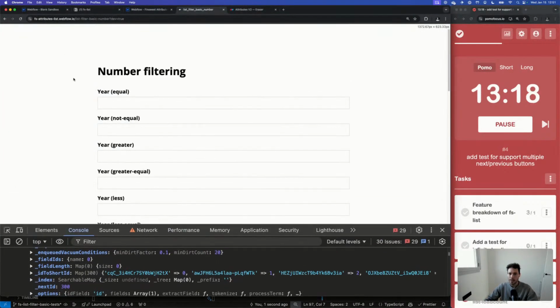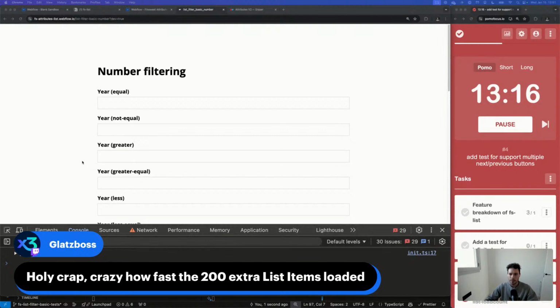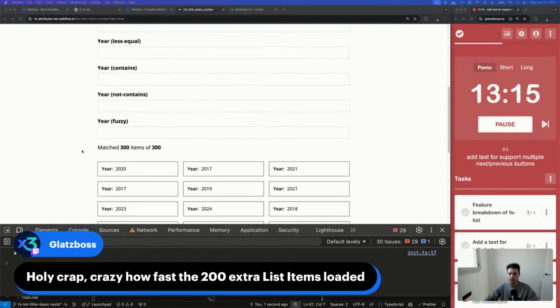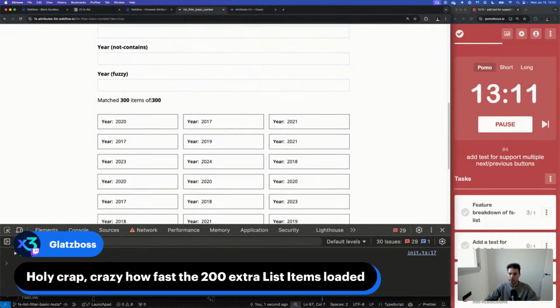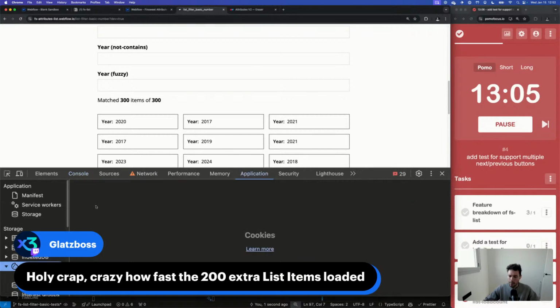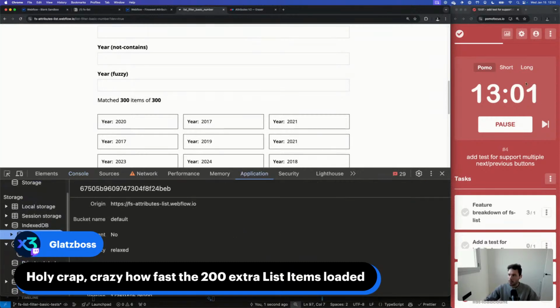Do you want to know why, Dennis, the items are loading this fast? That's because I implemented a caching strategy that uses IndexedDB. I can talk about that maybe another time, or when I do the break.